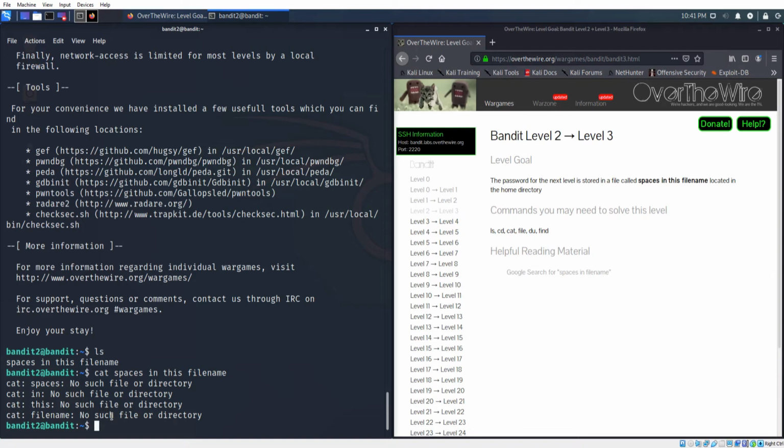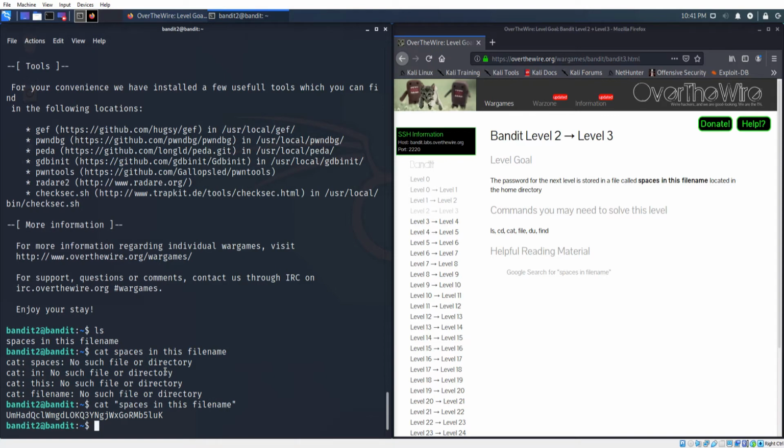Now we could use this helpful Google search for spaces in the file name, but there are a couple of ways to approach this. One is to encapsulate something in quotation marks, and that'll get us the answer. The other handy trick you might want to pick up on is using the tab autocomplete. So if we just type cat and then hit the tab,